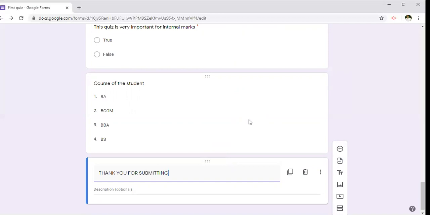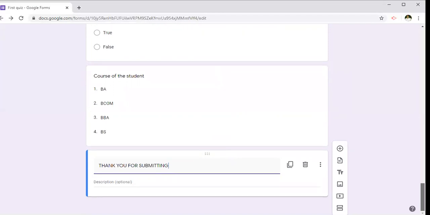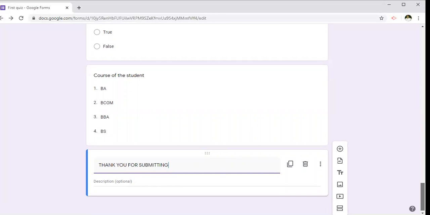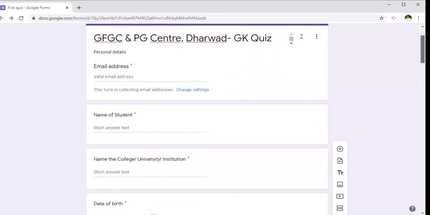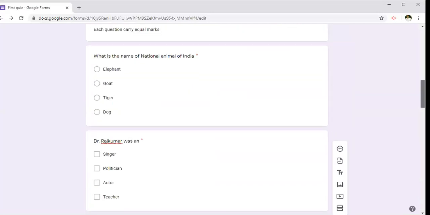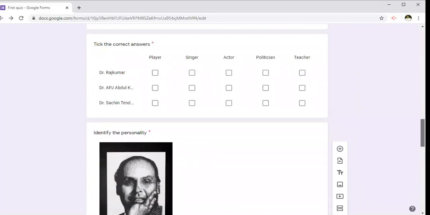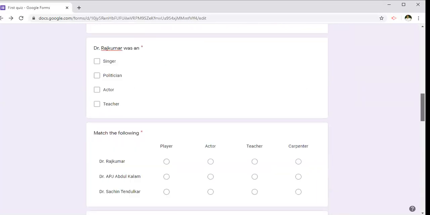Or you can give any suggestions or remarks. Such questions can be asked. So this is done now, and your Google form is finalized. It contains three parts: personal details, quiz section, and thirdly the feedback section.